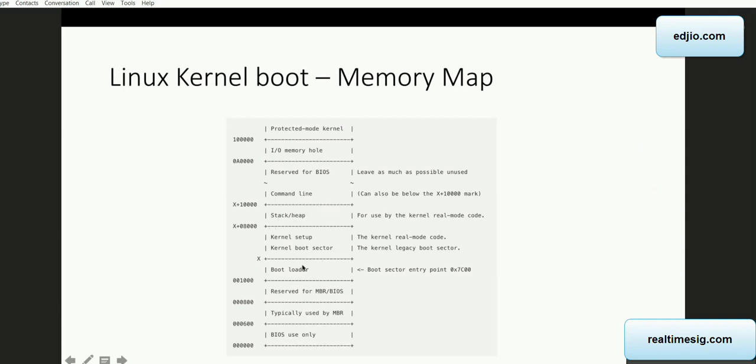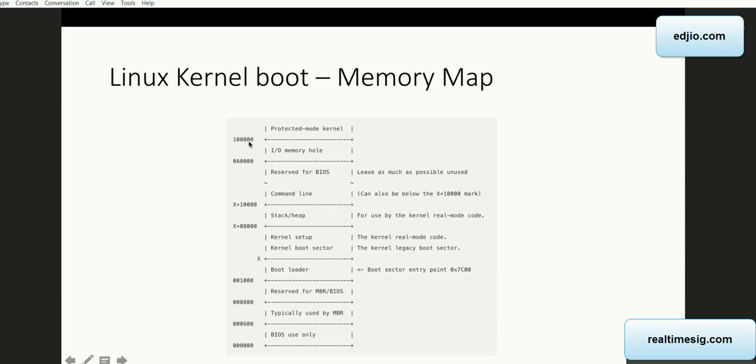stack or heap. The kernel can take certain command line parameters from the bootloader, so it can do those bootloader command line configurations, and the command line has to be copied by the bootloader at the location X plus 10,000. Okay, after the command lines are initialized and read properly, it will react to those command line parameters. Then it will move the processor from real mode to protected mode. As soon as the code is moved from real mode to protected mode, it will jump to this address location